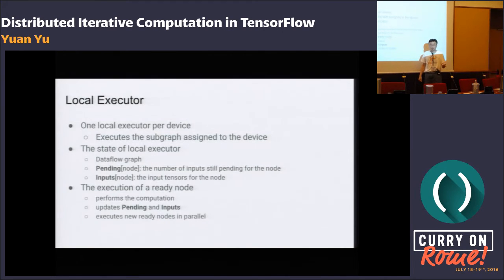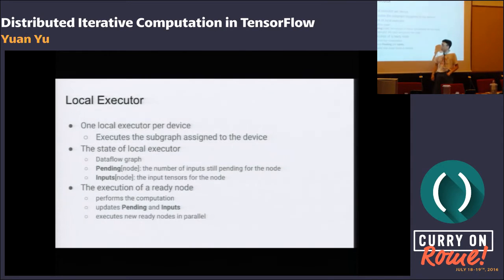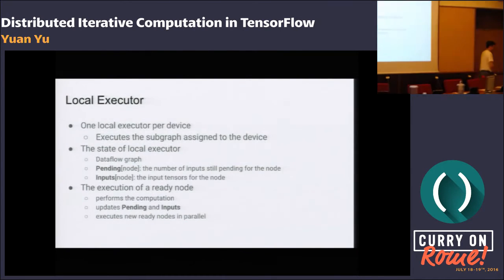If the pending count reaches 0, it is enabled, and we can execute it. And for each node there is the set of available inputs. When the pending count is 0, all the inputs must be there. The execution of a ready node is also very simple. If a node is ready, we perform the computation, we update the pending counts, we update the inputs for the successors, and then we execute the new ready nodes. And we can execute in parallel, in whatever way we want.